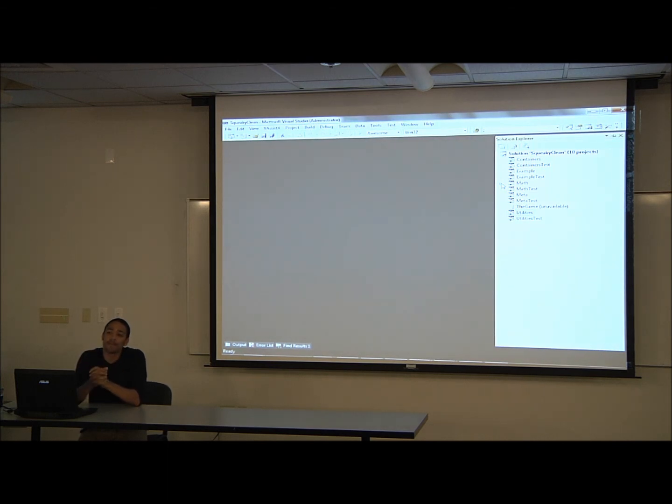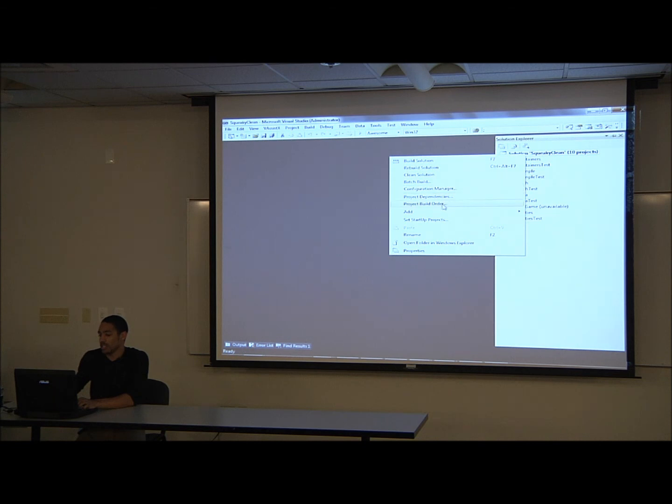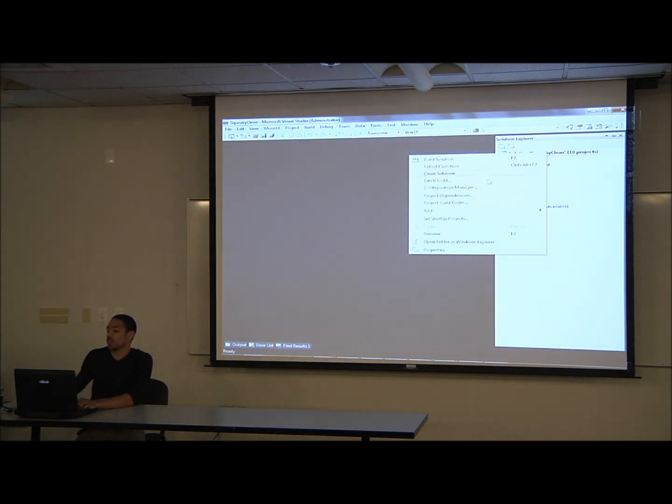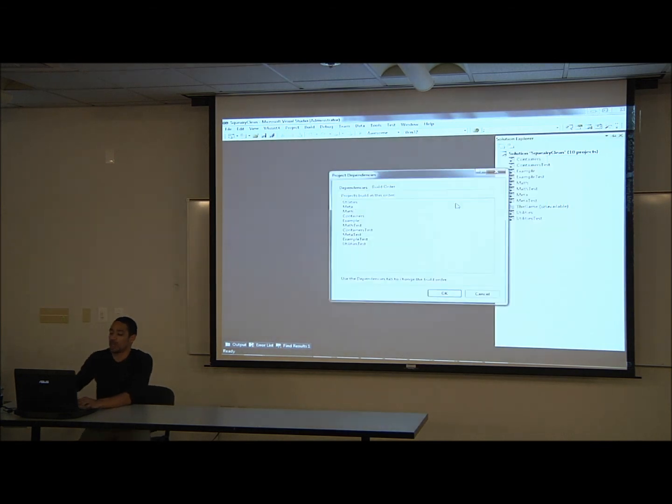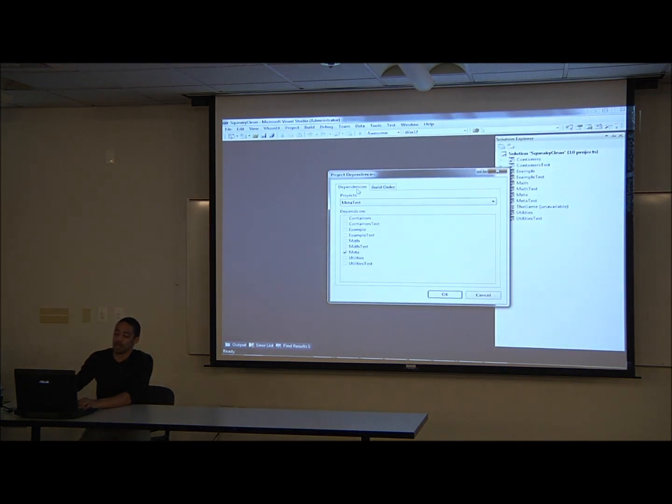Repeat that, sorry. Okay. So you can manually set it if you go in the solution and right click. If I wanted to set the order things were built in or what they're dependent on, they're really the same. So I'm on my meta test project. Right now it's really only dependent on meta just because of how my project works. But I could click